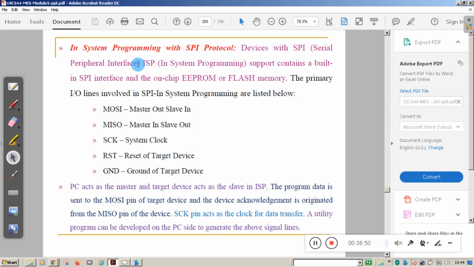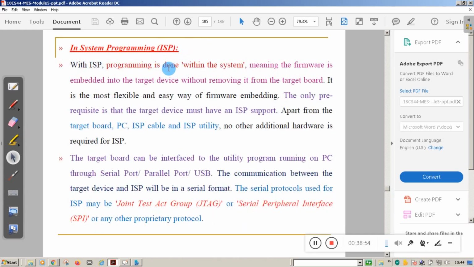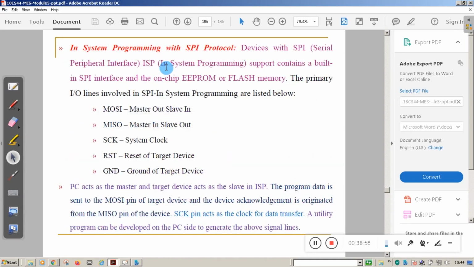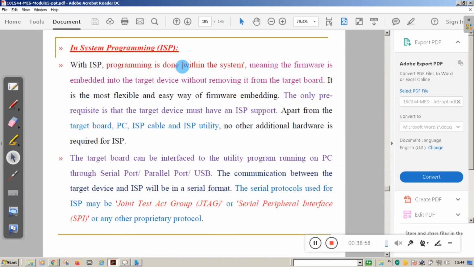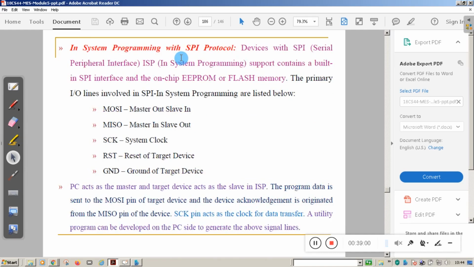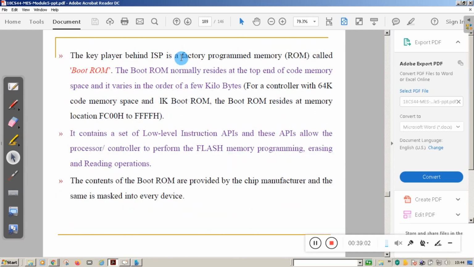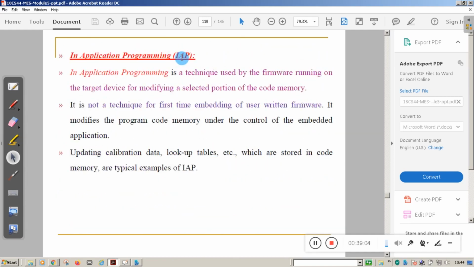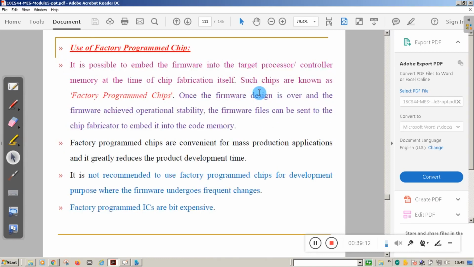SPI is serial peripheral interface. By using serial peripheral interface, you dump the code directly into the flash ROM or whatever it may be. That is called in system programming. The next one is in application programming. In application programming is a technique used by the firmware running in the target device for modifying a selected portion of the code memory.